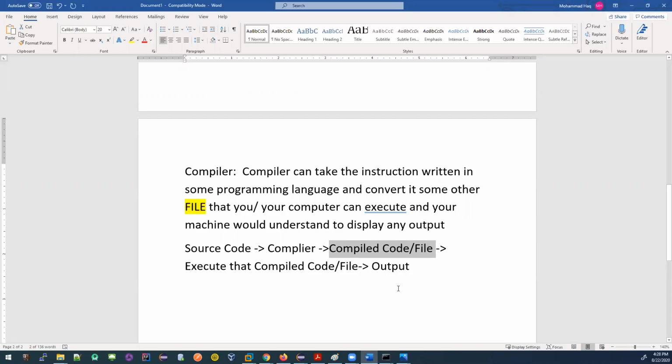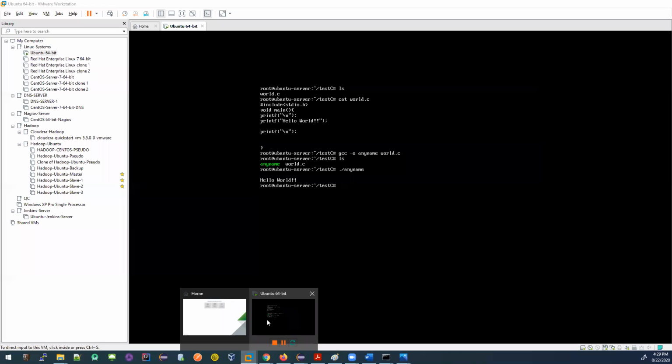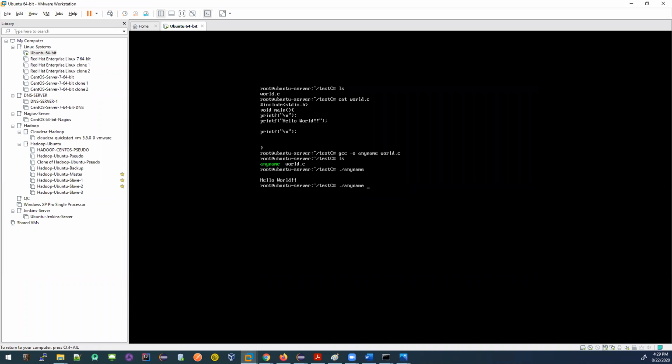Quick question. What is the process of executing it? Is that another step, or just hitting enter? How are you executing this file? When I'm saying executing this compiled code, different programming languages have different ways to execute the compiled code. For the C programming language, I'm just giving you an example. In C, how am I executing? Like this. I'm giving dot, front slash, the name of the compiled file. I'm pressing enter, I'm getting the output.